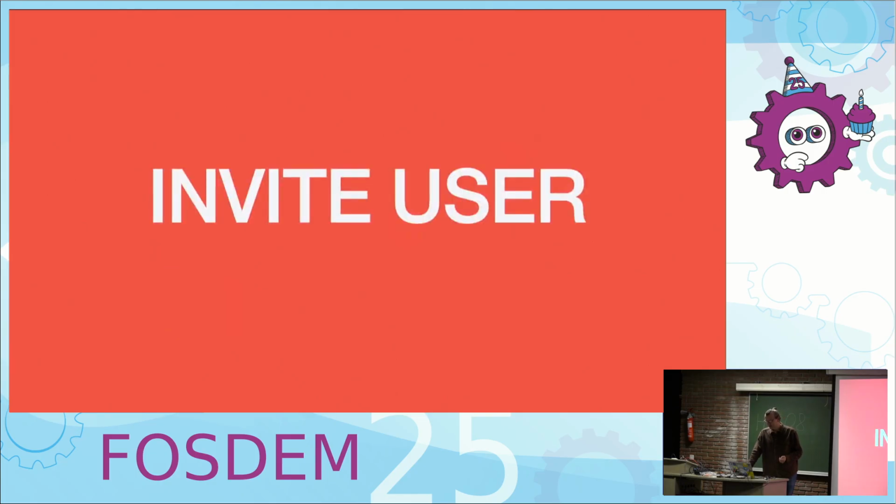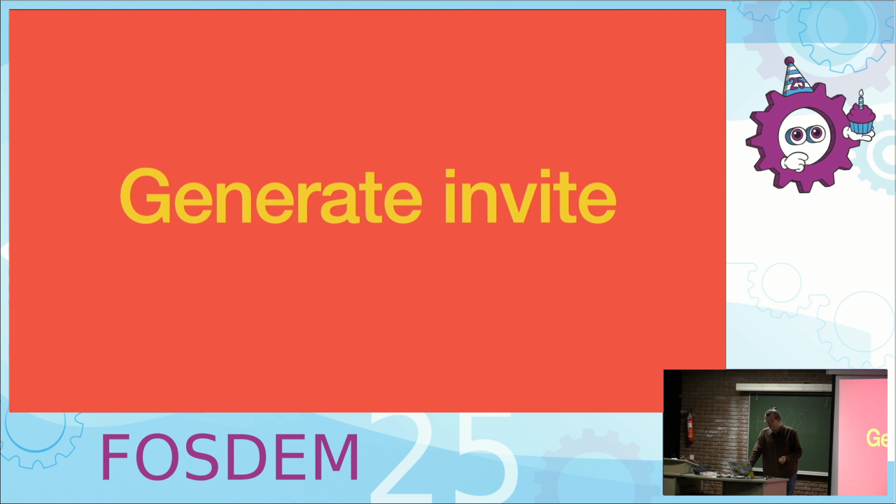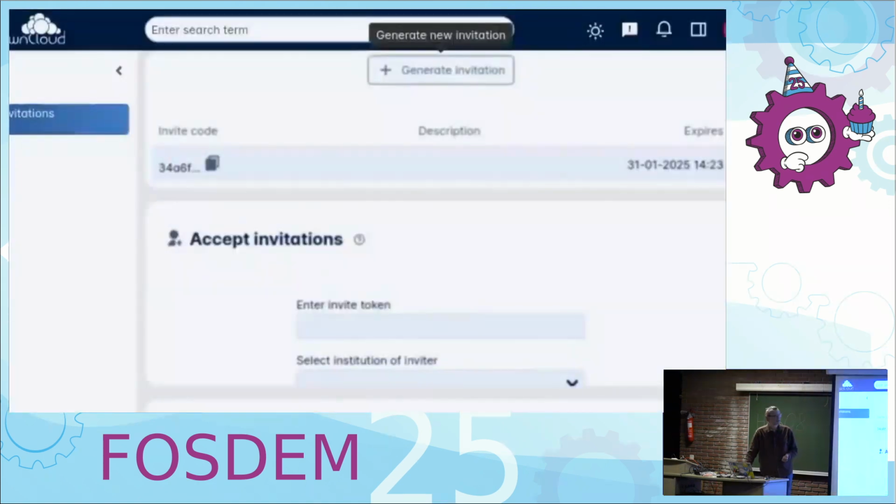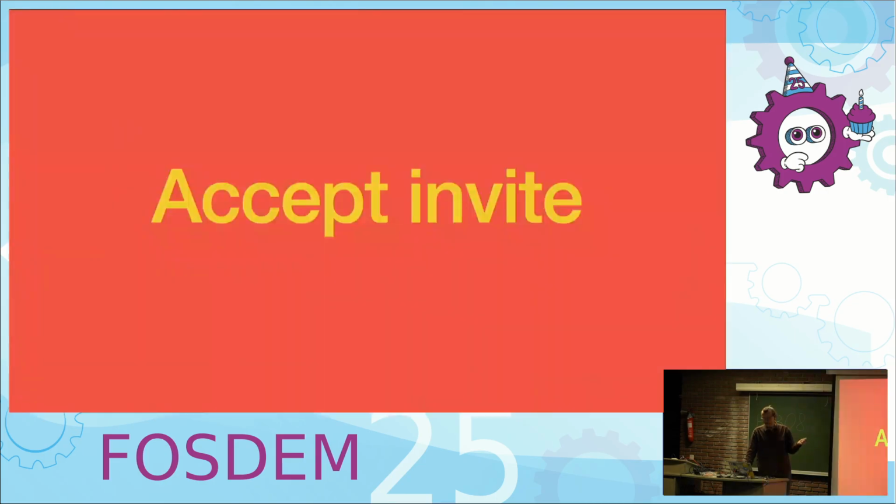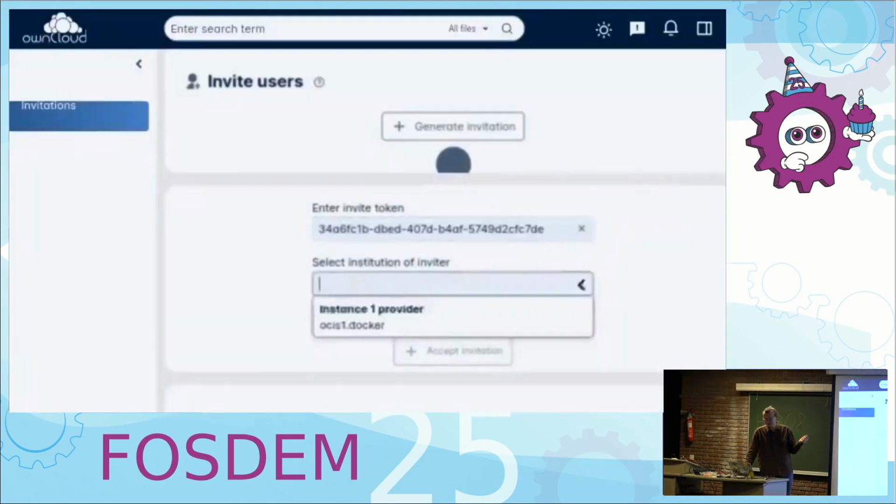This is what it looked like in, I think this is OCIS. The first user generates an invite. Just the button, generate invitation. Then there's a little step that's a little bit hard, and that's also why we need something like EOS probably to help there. To accept the invite, the basic way is to paste it, to type it here.